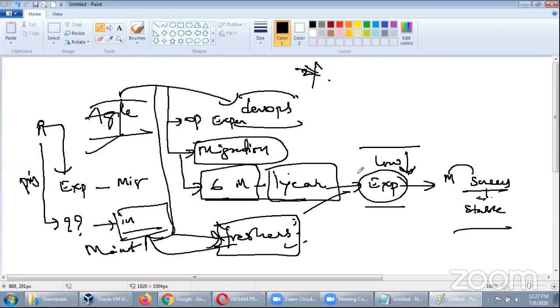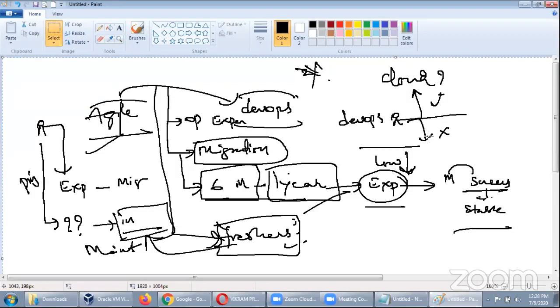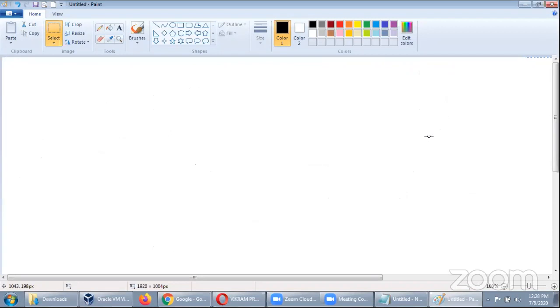Now a lot of people have a doubt: what is the role of cloud here? For a DevOps person, is it required to learn cloud or is it not required? It is a big question. How many of you have the same doubt, guys? You hear from the market that if it is DevOps, I need to learn some cloud again, correct? So it depends, guys. I'll tell you one situation.